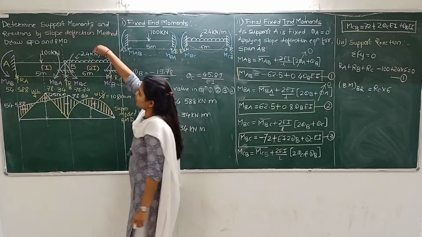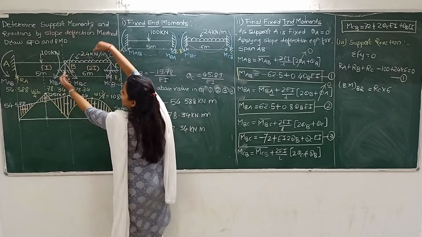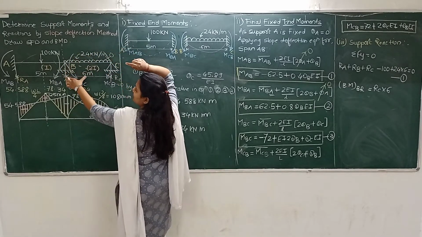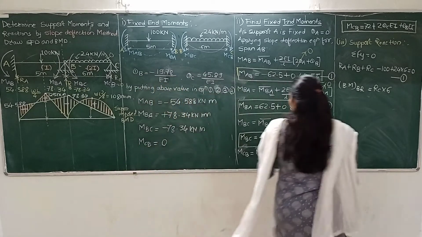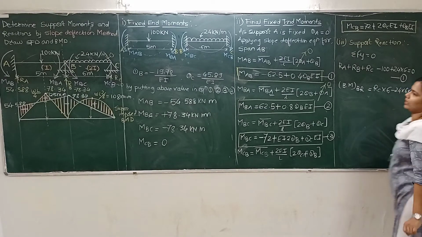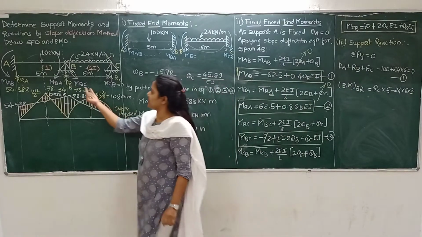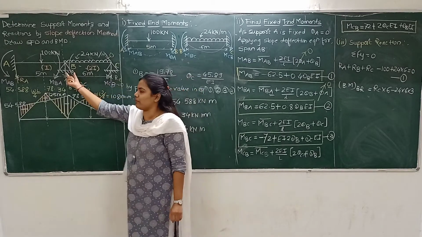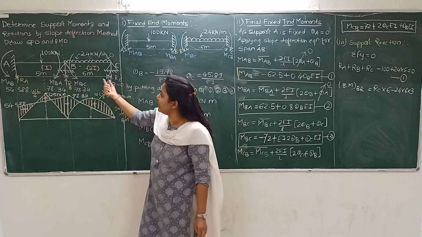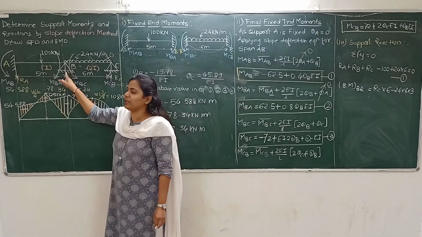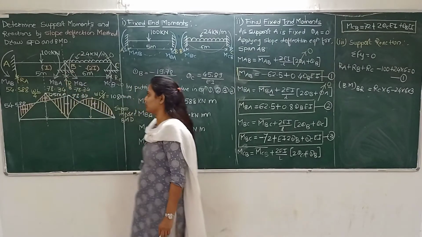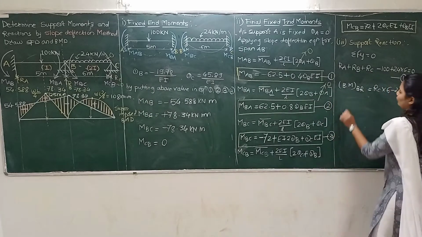Then the bending moment because of this 24 kilonewton per meter about point B will create a downward force, so it will create the hogging nature of bending moment. So 24 into 6 into the perpendicular distance, which becomes 3. So it is minus 24 into 6 into 3. Another moment which may be present is MCB. When you take the summation of bending moment at B, MCB should be considered, but here MCB is already 0, so there is no need to consider it. But the bending moment value at B is already present, which is hogging in nature, and the value is 78.34. So we have to equate this equation to 78.34.